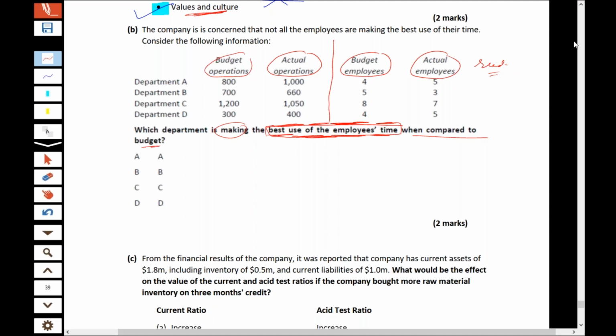Can you people analyze this data and give me your answer, which department is performing well? Can you just analyze this data, students? Okay, now basically the question is actually asking